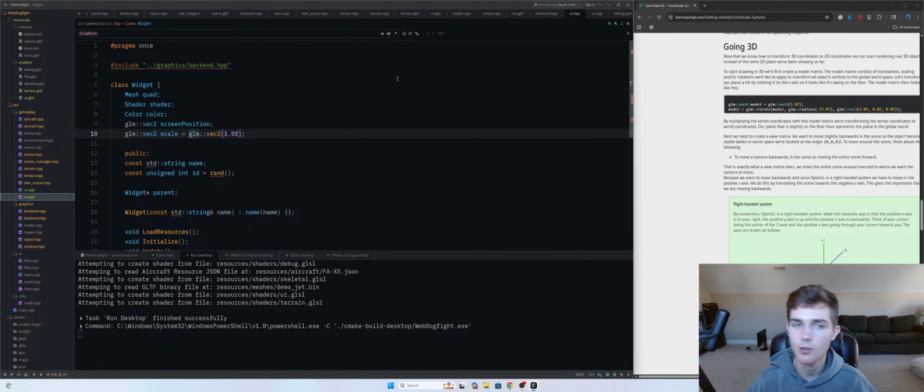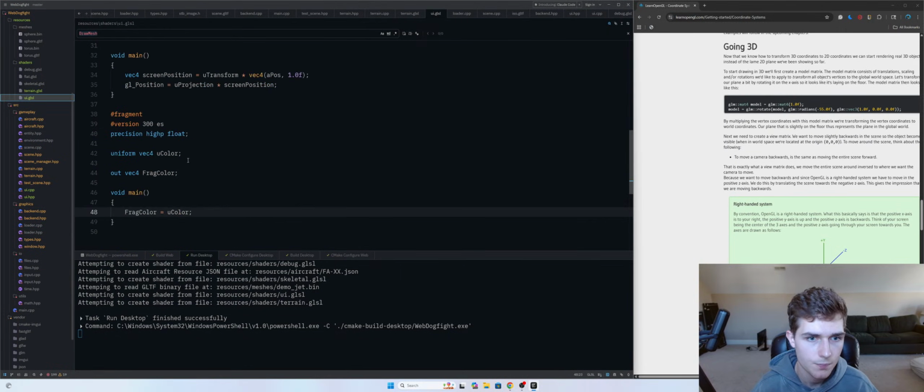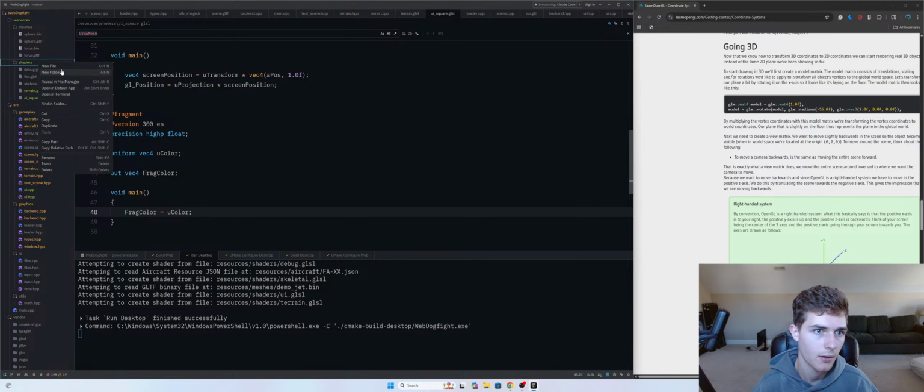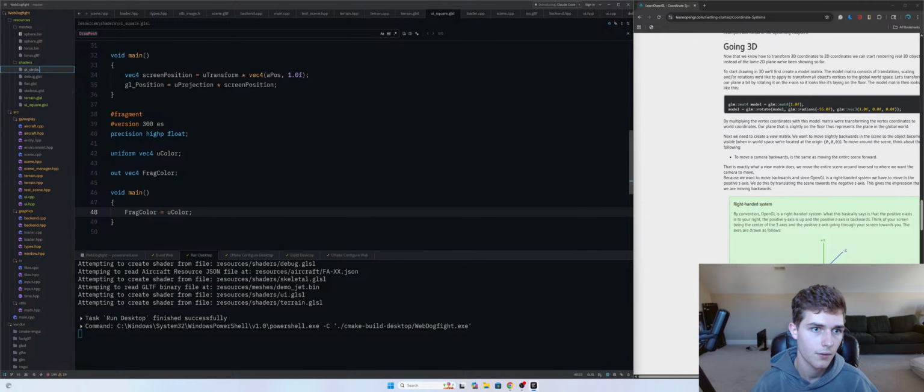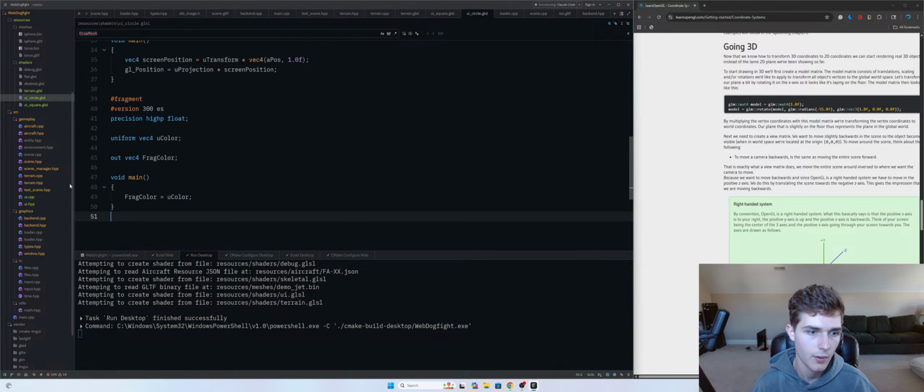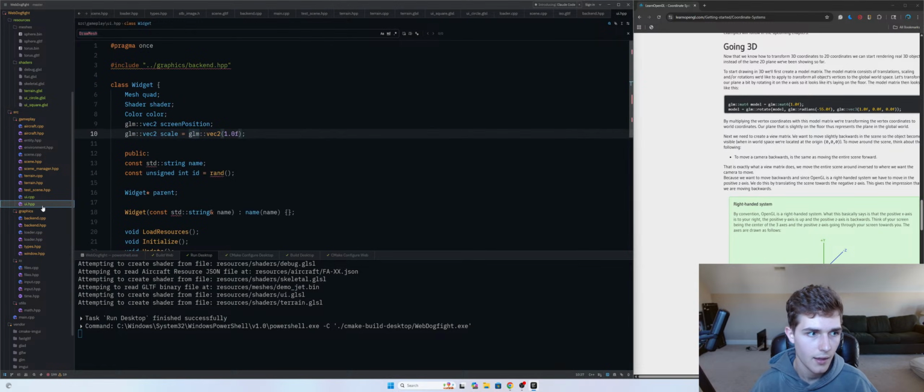Next thing, I want a circle. So the circle will be done with a shader. We'll call this quad UI square, UI square. And then we'll make our UI circle later. UI circle.usl. It'll be the exact same as UI square. We're gonna have to change this back in our,